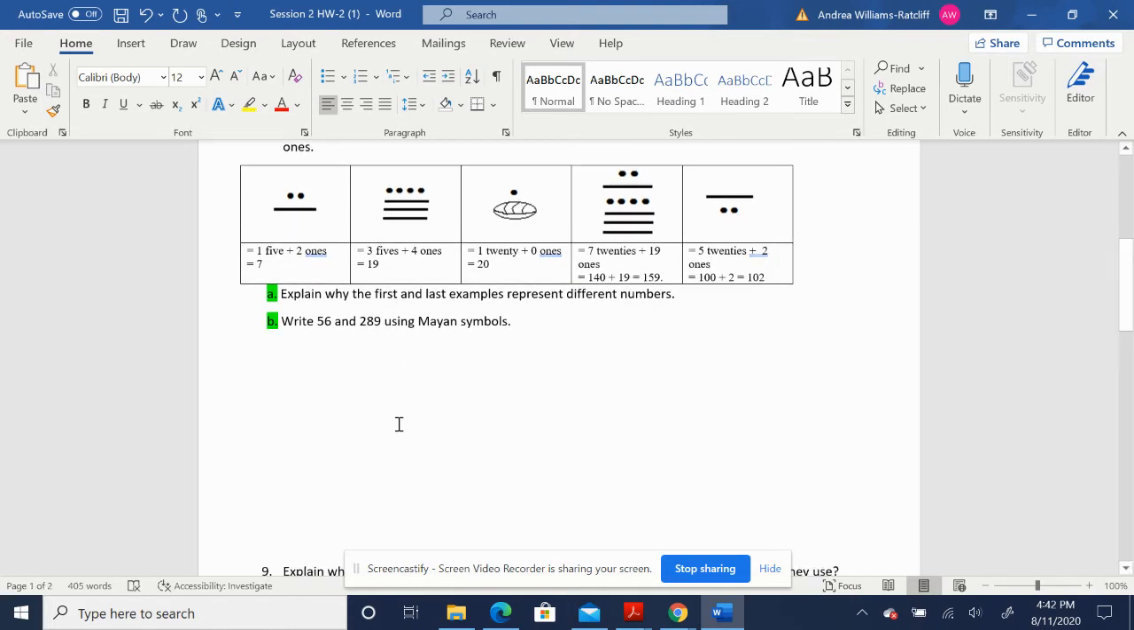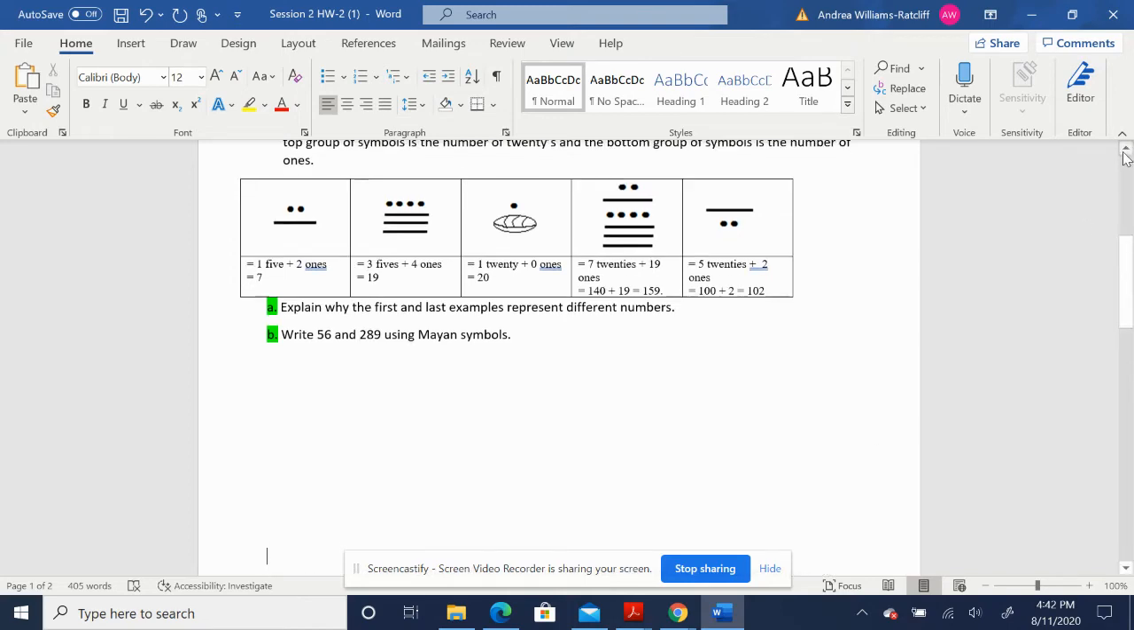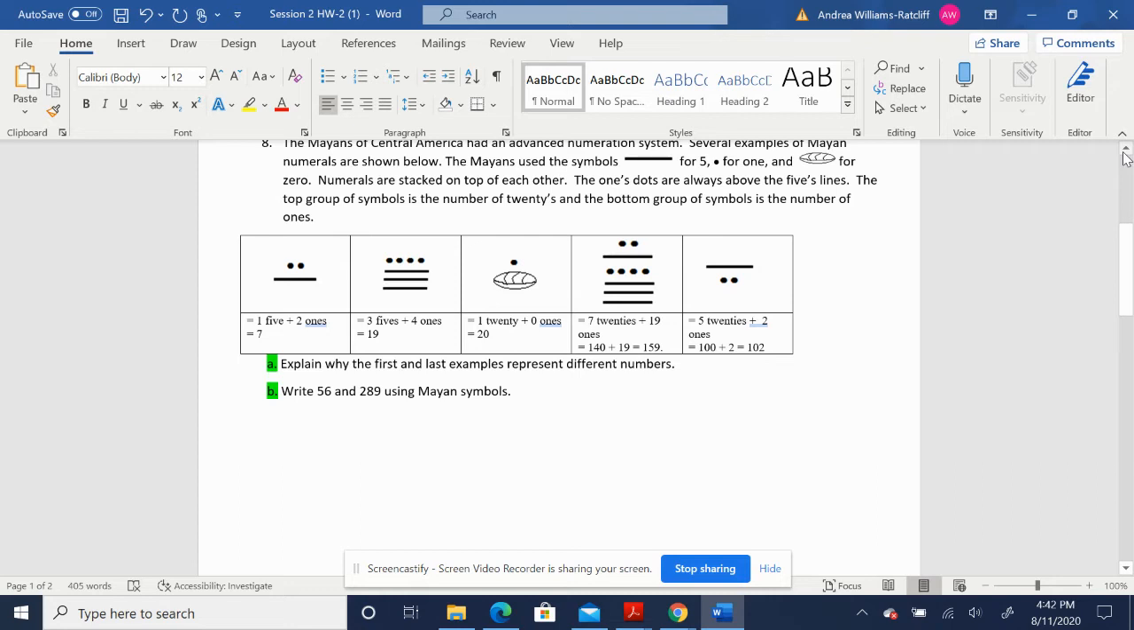Okay, so I'm going to try to pull up my active pen here and see if I can draw this without making a mess of it. So we've got 56, and we can use 0s, 5s, and 20. No, wait a minute. We can use symbols, which would be our lines for our 5s and dots for our 1s. Okay, we have to group this in 20s. Okay, we can count 1s and we can count 20s. How we count them would be